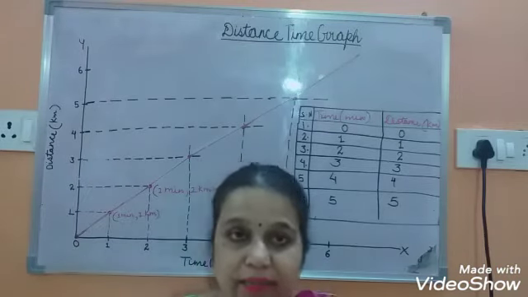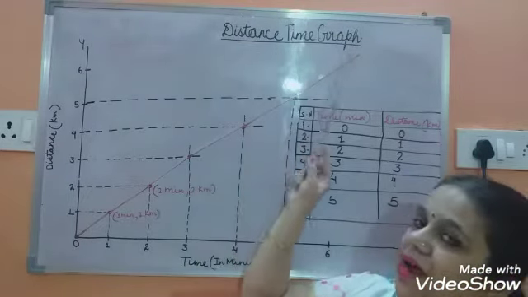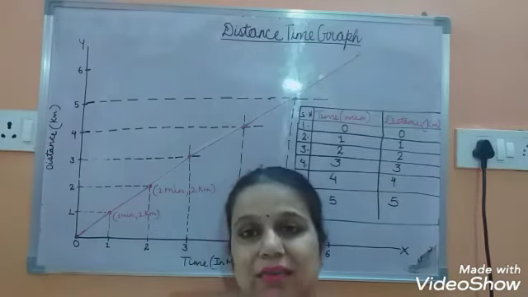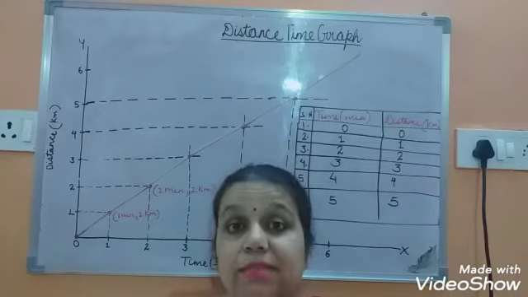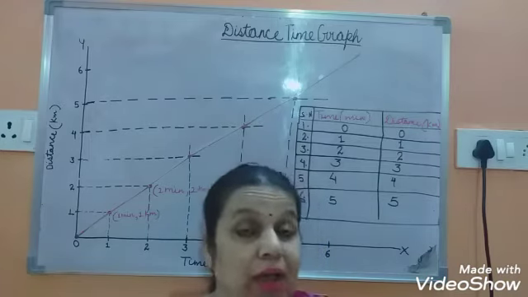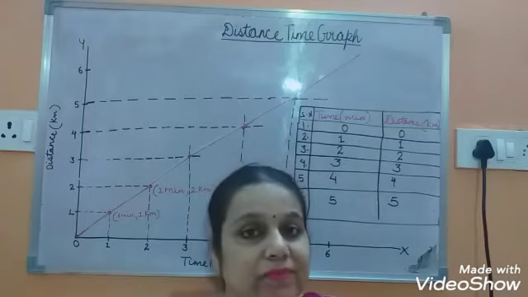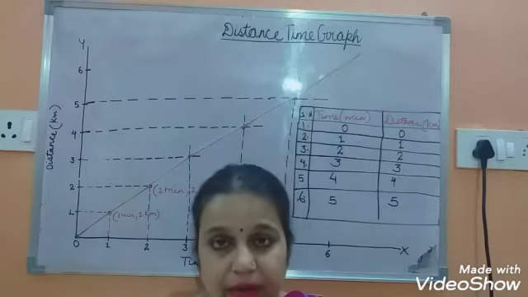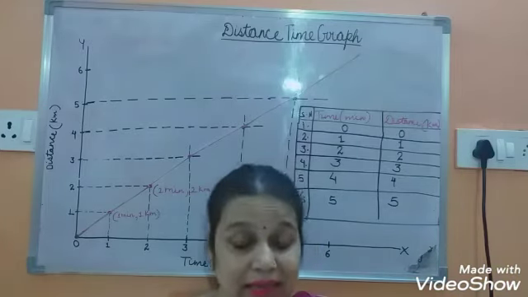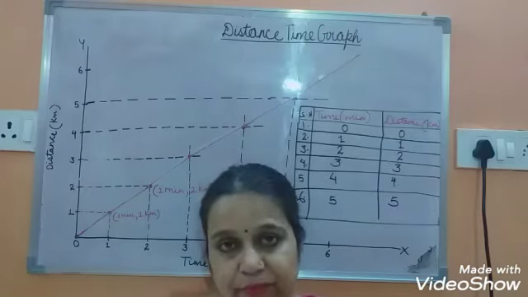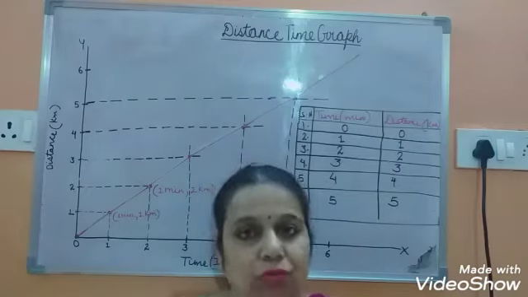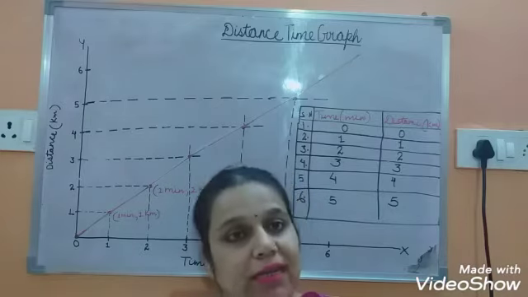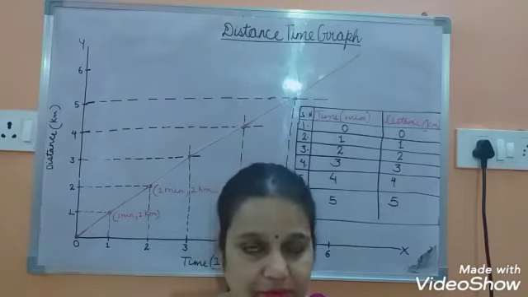In this session we will study the distance-time graph. In the newspaper, daily, you might have seen various types of graph. For example, you have seen the bar graph, the pie chart, and the line graph. The graph between distance and time is a line graph. Now we are going to learn how to draw the line graph and what conclusions we can draw from the distance-time graph.